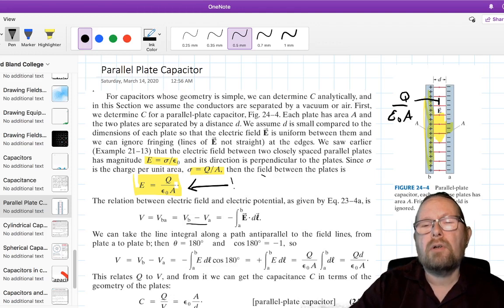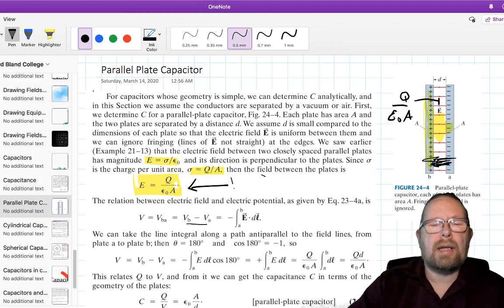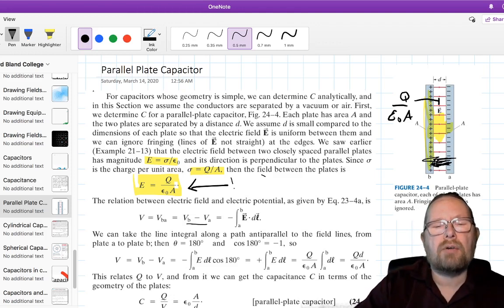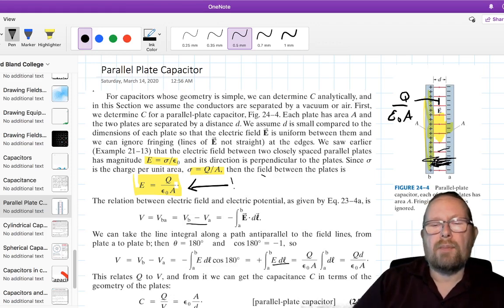If we imagine starting at a point A and moving to a point B in between the two plates here, just moving from one plate to another, then the potential difference between plate A and plate B is just equal to the integral of E dot dl from A to B. E is just constant, and it's parallel to the plate, so if we integrate just in a line from one plate to another, this just becomes E times the length, and so we get an expression that says the potential